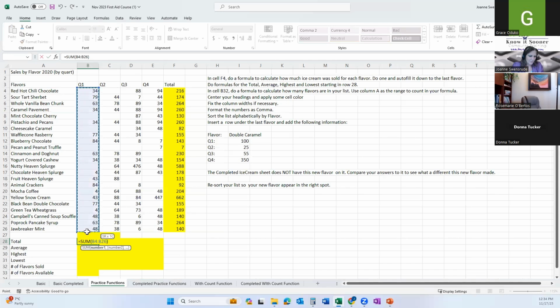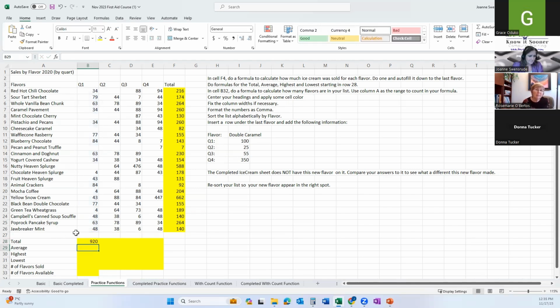Okay. Now I want to talk about, do I just go to row 26, the Jawbreaker Mint, or do I go to the next one? Some of you that have been in my classes before should know the answer to this. You go to the 27th row. So it should say B4 to B27. Why 27? There's nothing there. Will there ever be something here? Can you guarantee me that I will never have a new flavor of ice cream? No, you can't. Even if you're 99% sure.